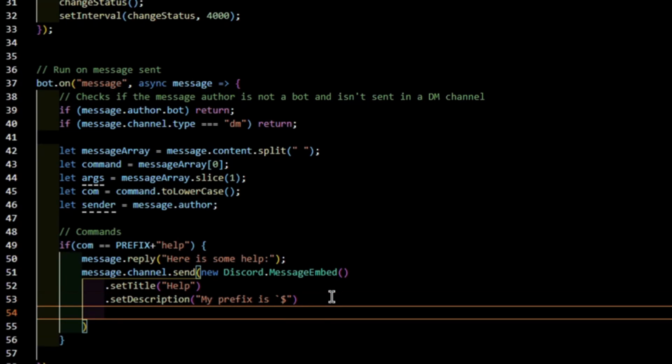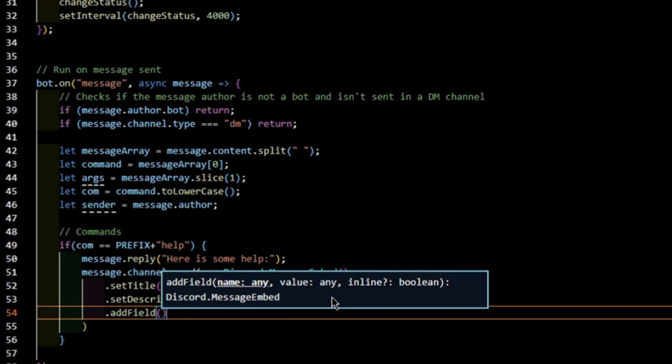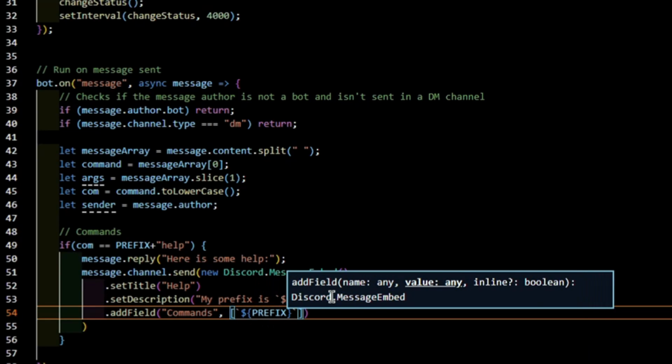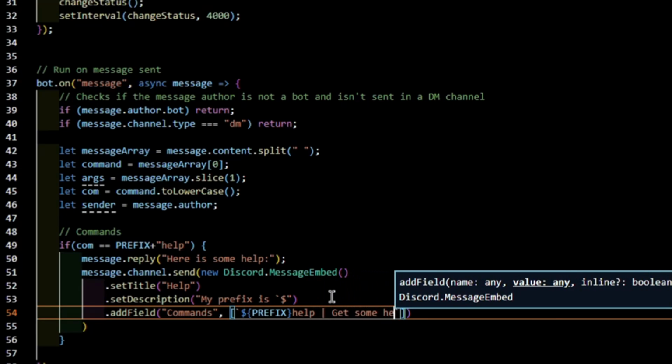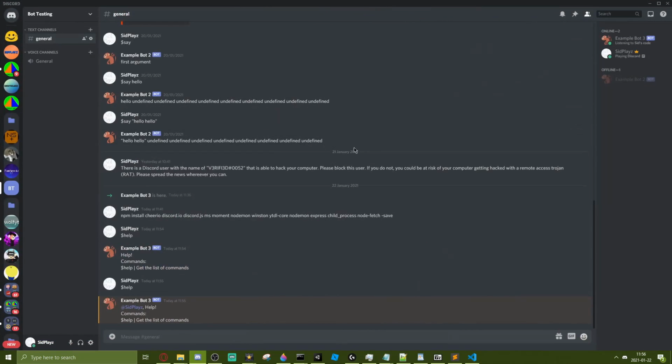And then we'll do addField, commands, and then we'll make a list, and then we'll do $, in curly brackets, prefix, and help, get some help, and a list of commands. So now if we go into Discord,